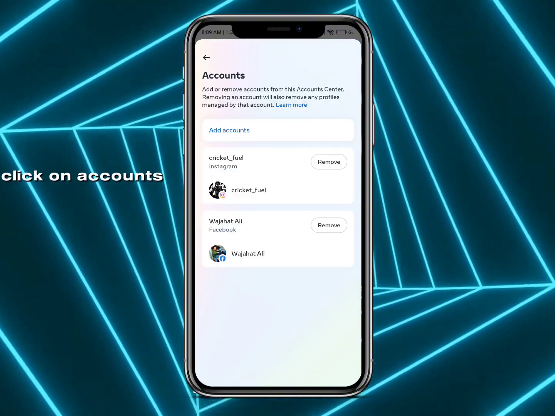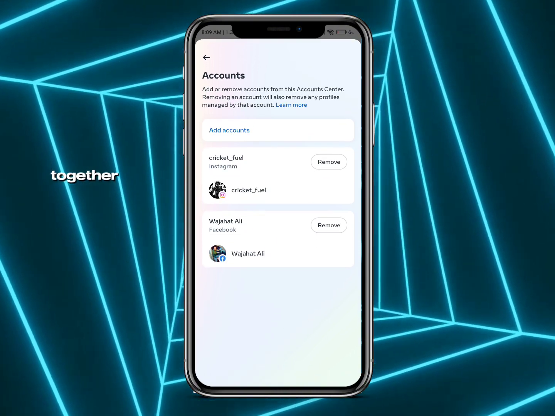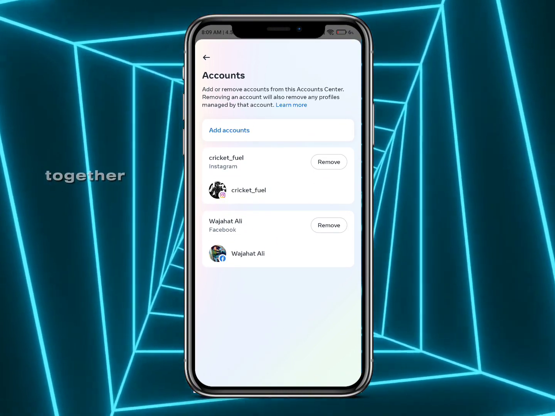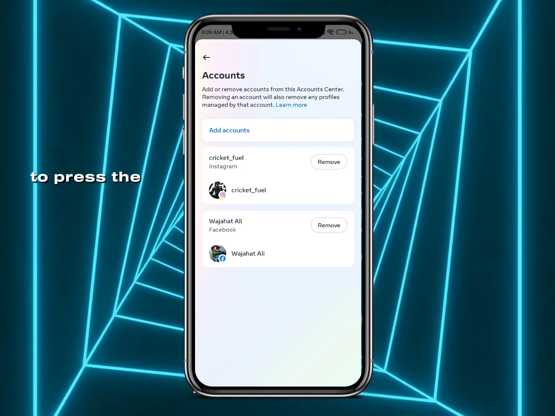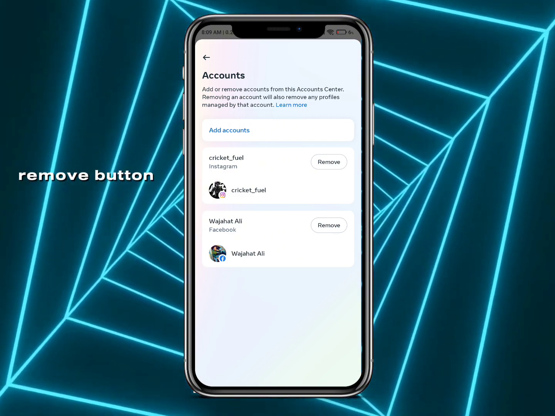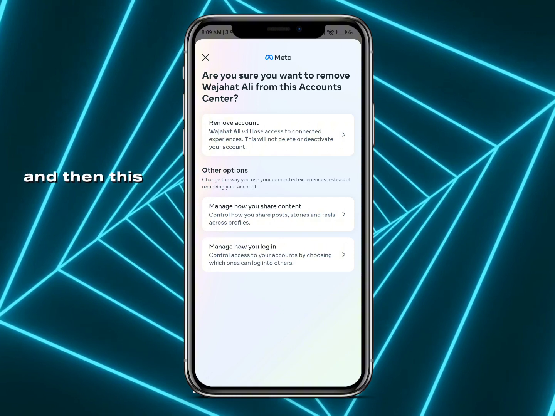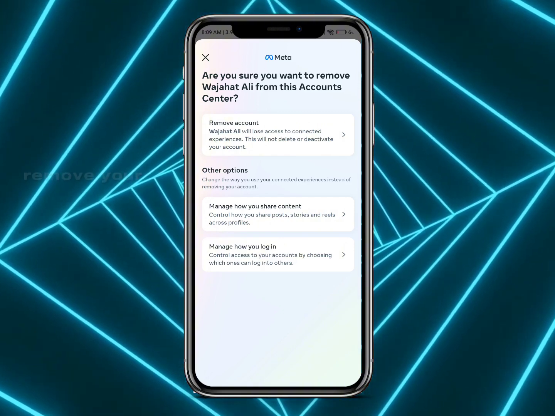Click on accounts, and then here you can see both your accounts that are linked together. You just have to press the remove button, and then this will pop up, remove your account will be lost